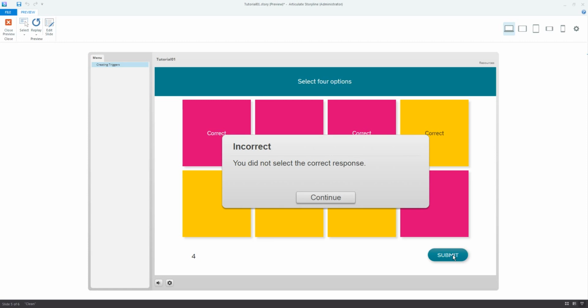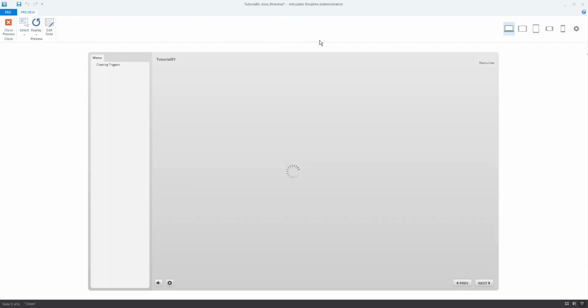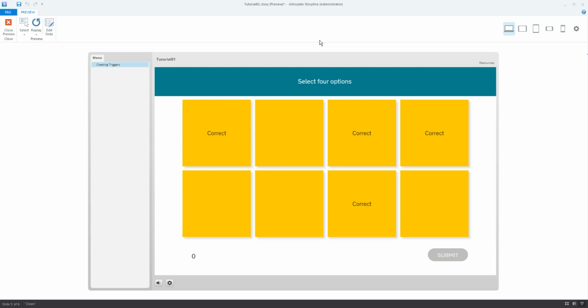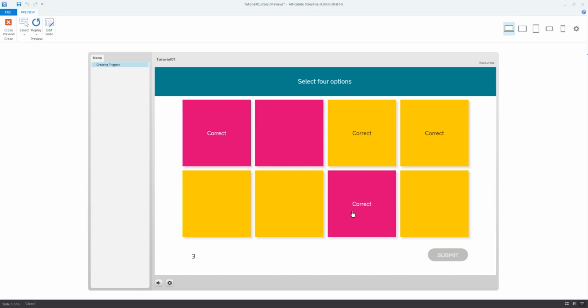So at first, this looks like a perfect solution, right? But let's preview this slide again. So let's suppose I select 3 cards, 1, 2, 3, and then I deselect one. You can see that the value of count goes up by 1. And why is this happening? Well, the value of count goes up by 1 each time I click on a card, irrespective of whether I'm selecting or deselecting a card.